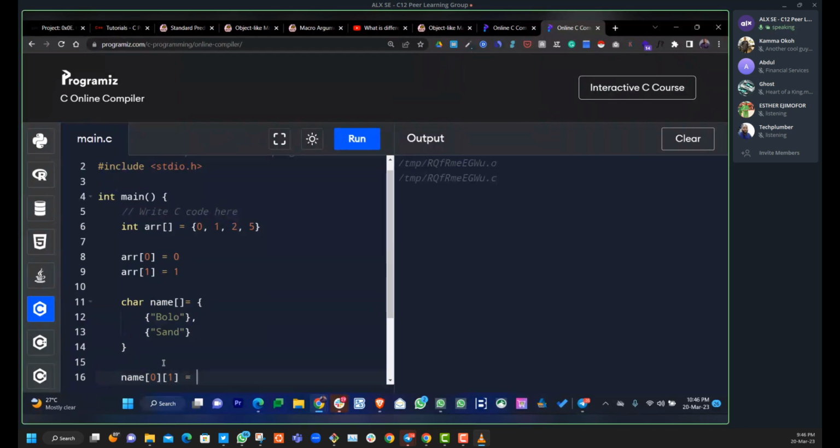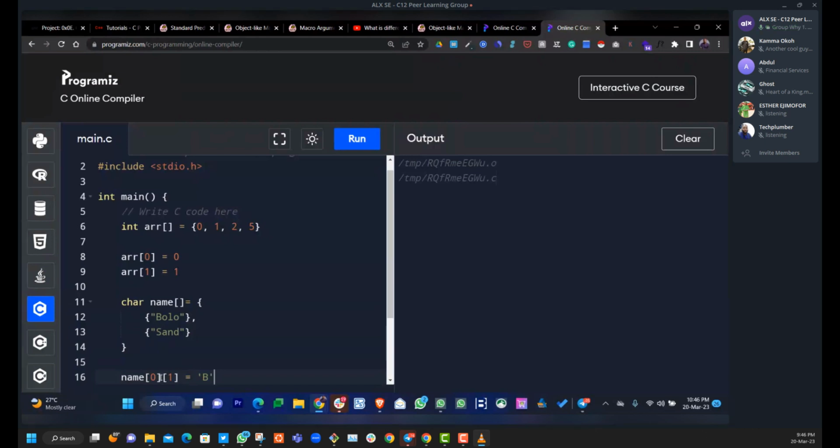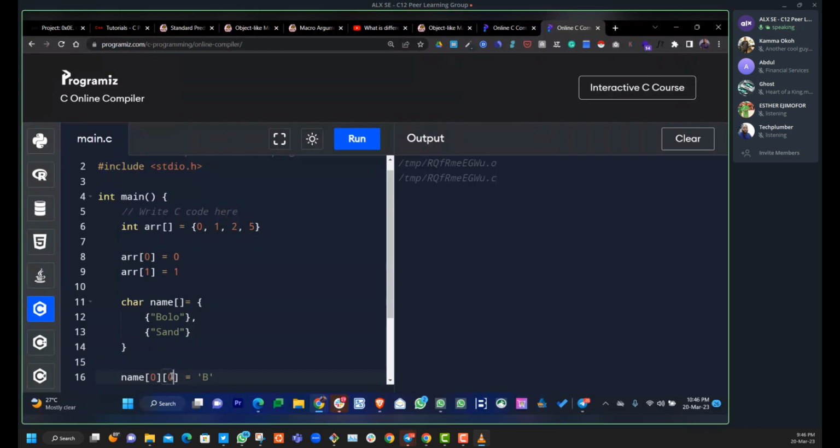I hope what I'm saying is true, but I think it's B. It's a character B. At index 0, 0, not 0, 1. 0, 0 is B. This is a 2D array. Let me just print them and see what we're going to have. printf